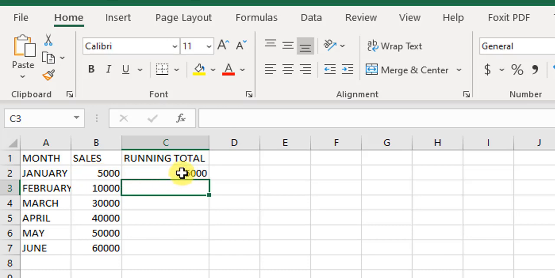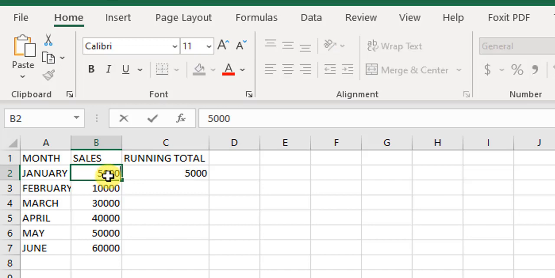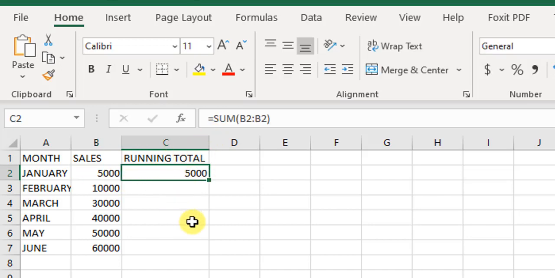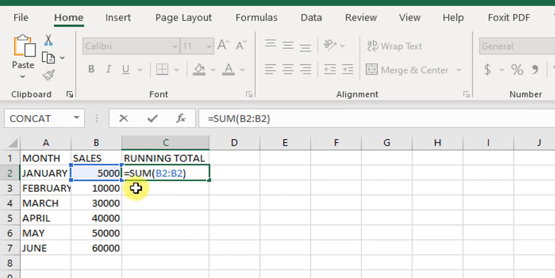So what we have done is, if you observe the formula right now, the starting of the range and the closing of the range is B2. So B2 colon B2. So this is the formula we need to put over here.